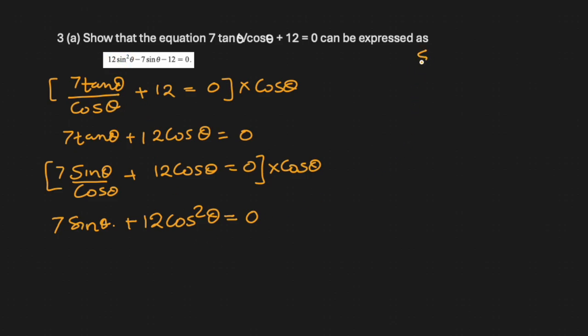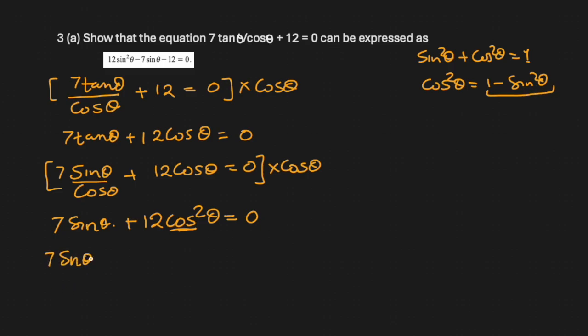So we know that sine square theta plus cos square theta is equal to 1. So we can write that cos square theta is 1 minus sine square theta. Let's change this cos square theta with 1 minus sine square theta, and we'll be there. 7 sine theta plus 12 times 1 minus sine square theta equal to 0. And if we open the bracket, it becomes 7 sine theta plus 12 minus 12 sine square theta